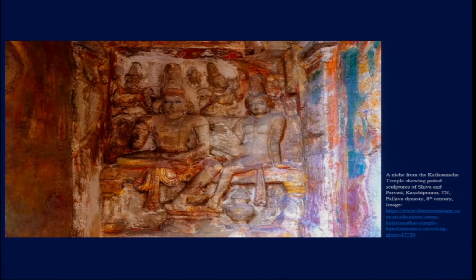However, in the depiction of the textile, we find that multiple colors have perhaps been used in different parts to show how the textile surface is different from the skin of these deities. This kind of strategy of combining sculpted forms with painted imagery is something we find all across